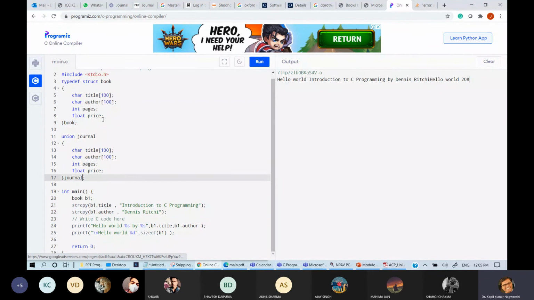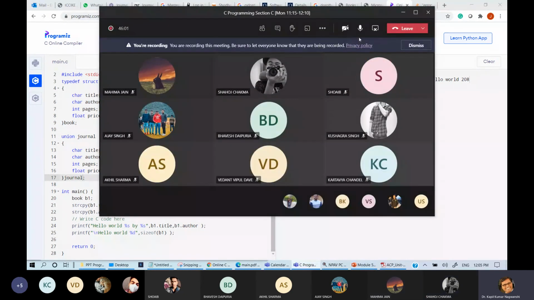Fine. So here you can see that character stores how many byte? Single byte, yes or no? Yes, sir. So total how many single bytes are there? 100 plus 100, 200. And integer takes 4 byte and float also takes 4 byte. Okay. So that's why the size of data type is how much? 208. You just calculate, try to calculate.